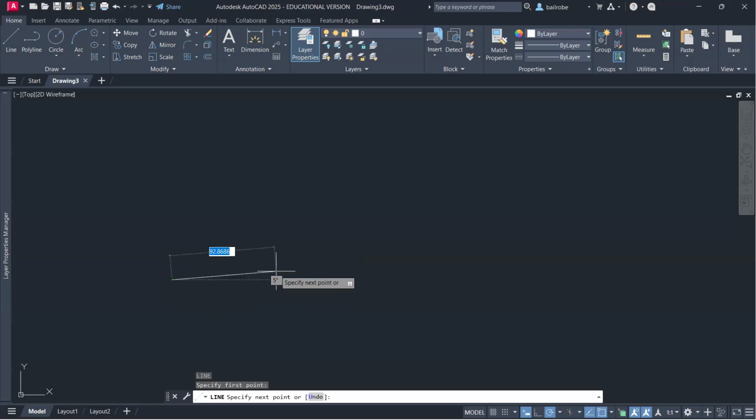How many see? Yes, and then space bar. Yep, L space bar. Okay? L. Yeah, so dynamic input is now off. Oh, yeah, yes. Yeah, now it's